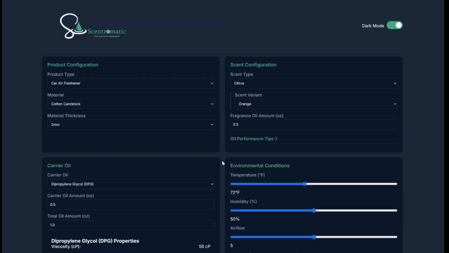Okay, it is very easy to use, and I'm just going to do a real-time simulation for you guys so you can see exactly how the system works. So now, what is the Scentromatic system? The Scentromatic system is a unique tool for air freshener makers or manufacturers. By simulating different formulations, you as a maker, you as a car air freshener maker, you can reduce trial and